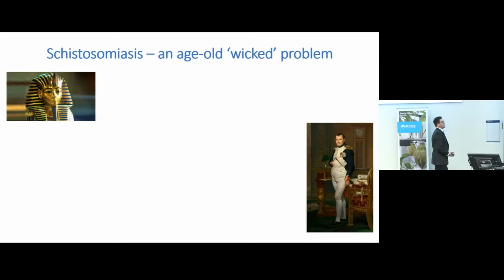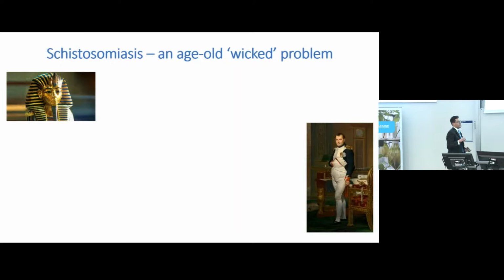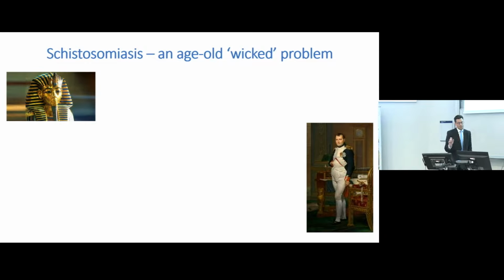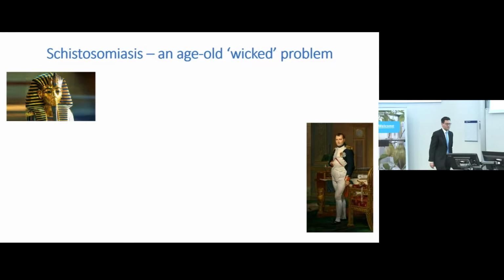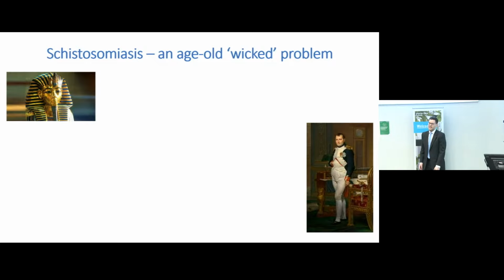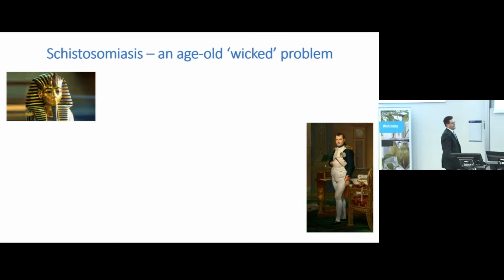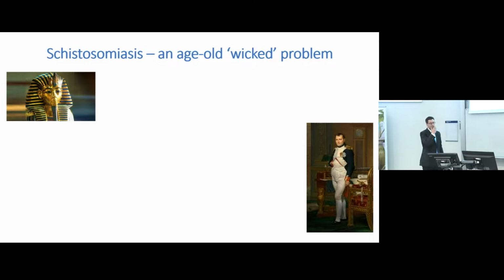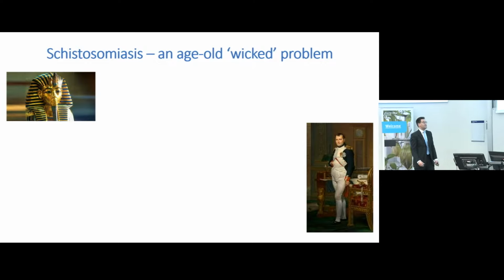And so that project that Laura was working on was a particular type of worm-based disease, which is called schistosomiasis. This is a bit of a mouthful to get your mouth around. And in international development, it's what people call a wicked problem. So wicked problems are ones that have been around for centuries or even millennia, and they're very complex, and we haven't been able to really make a dent in solving them.